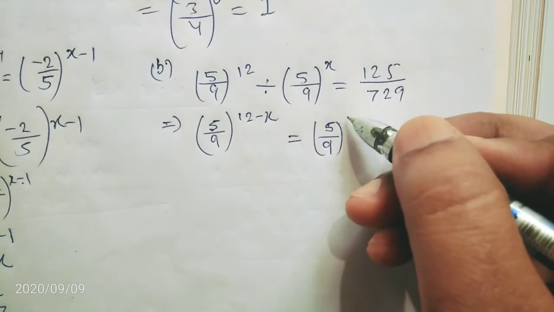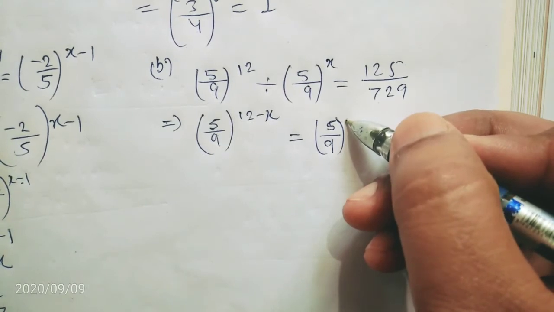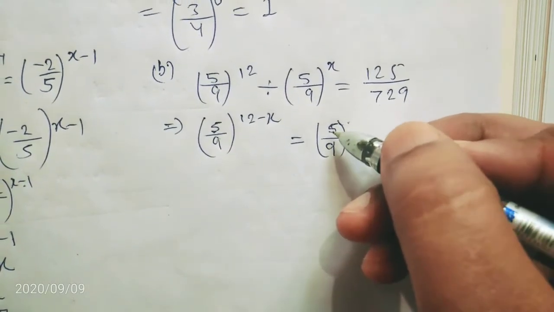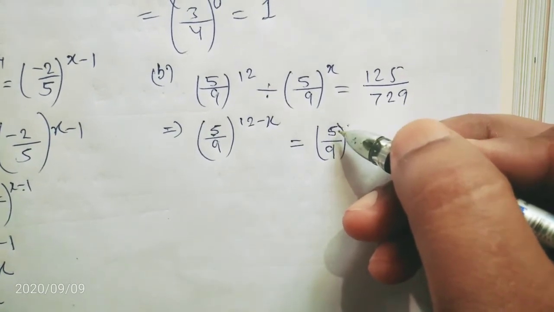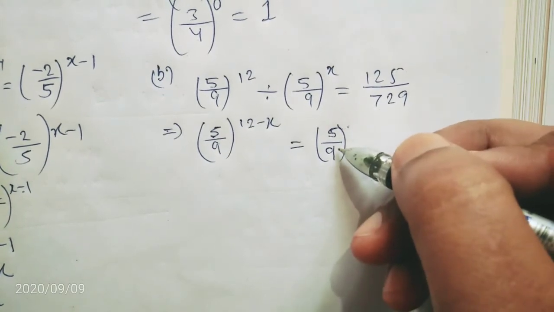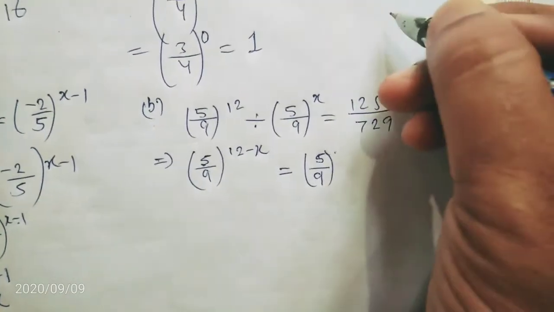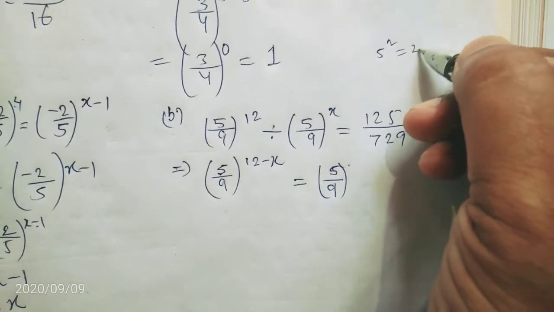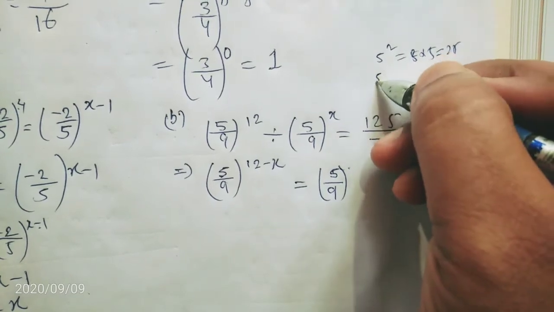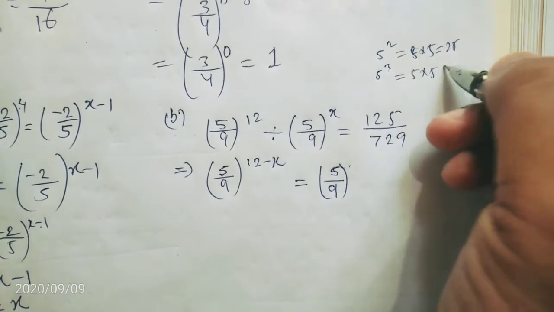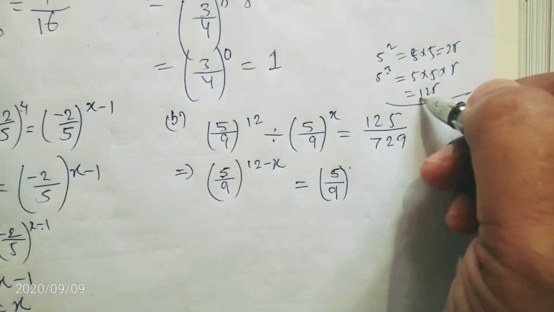But you have to find out the power here. What power will be here, 2, 3, 4, what is it? That means you have to try by multiplying. You have to try multiplying 5 two times, three times, and 9 also two times, three times. That means you have to multiply with the same power. If you multiply 5 two times, 5 into 5 is 25. So it is not coming. If you give power as 3, 5 into 5 into 5 is 125. When you multiply 5 three times, it is coming 125.